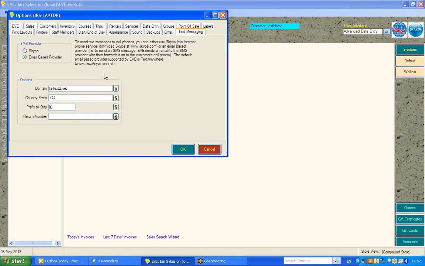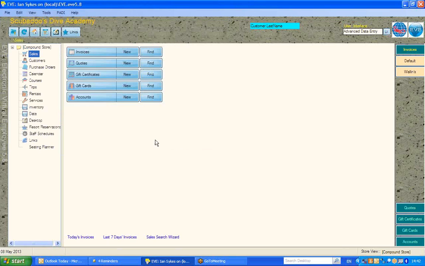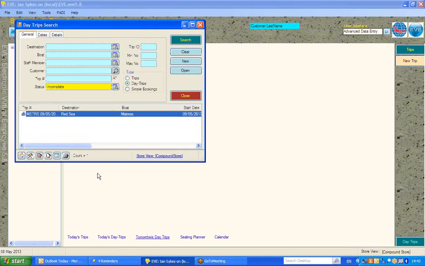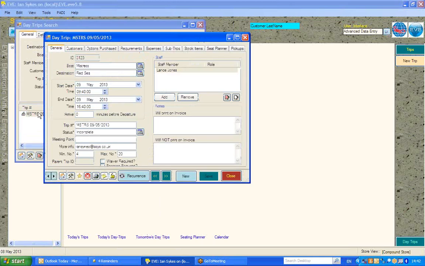So having entered the settings per each of your Eve client PCs as you wish, let me give you an example of how we might use that. I referred earlier to perhaps a change of schedule, or numbers of cylinders to bring, or a change of location due to changing weather conditions for perhaps a day trip. So let's go to, in this example, tomorrow's day trips and open up a particular trip, move to the Customers tab,